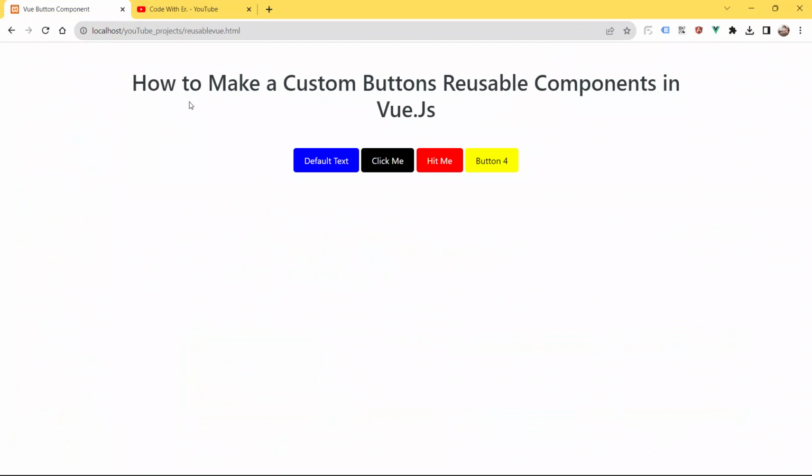Below you can see 4 buttons. The text is default text, click me, hit me, and button 4. Whenever you click any of the buttons, you will see an alert. Let me click on the buttons one by one. I click the first button, default text, and we get the alert that button 1 is clicked.